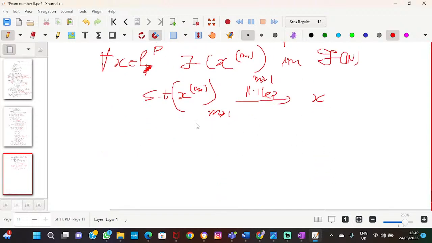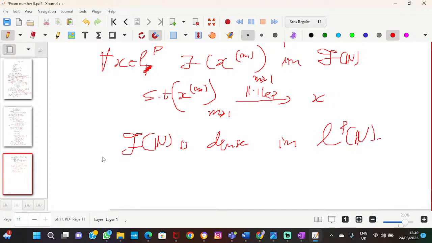This is the condition to say that this space F1 of n is dense in L^p of n. Because it is a subspace of L^p, we can now call F1 a dense subspace of L^p. This is what we needed to do